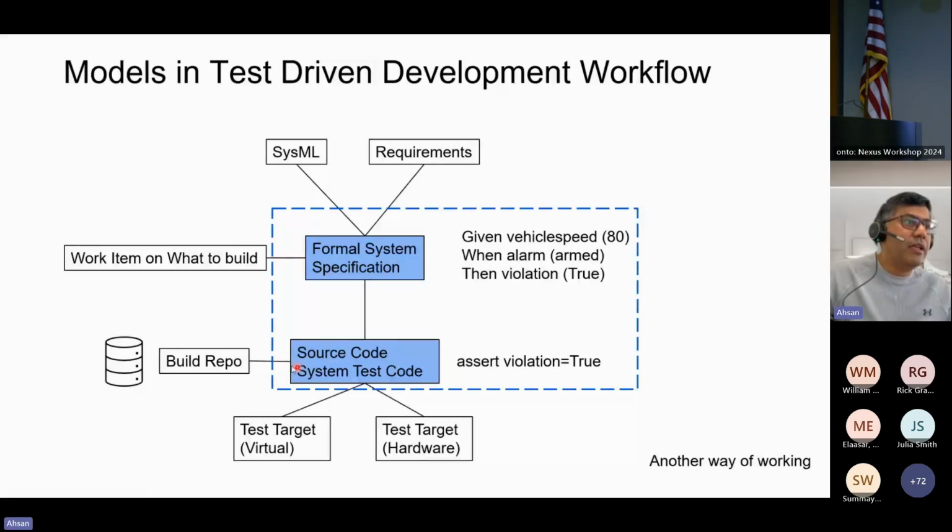if I think in this way, then I will start referencing, let's say, my JAMA requirement URL as a trace link to my formal spec, because that's what it's constrained by, or my SysML model state chart inside the formal spec. And then once, of course, we have the assertions coded, we can run them against a virtual target or